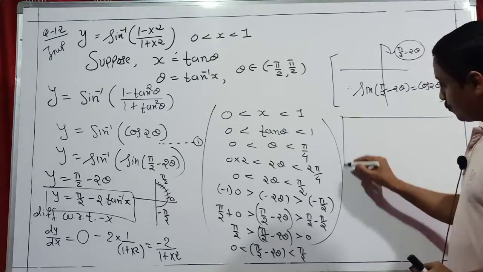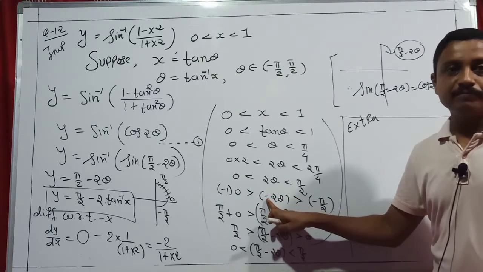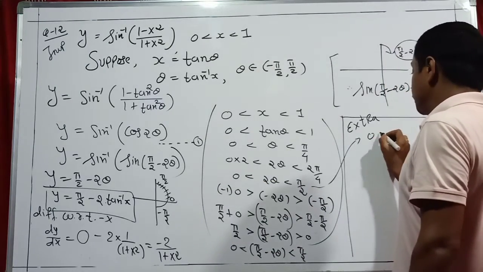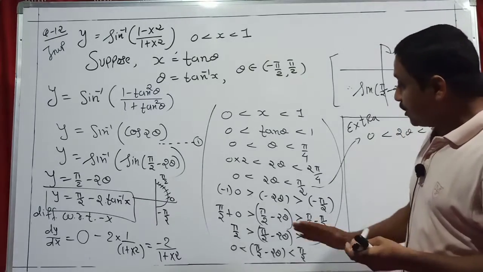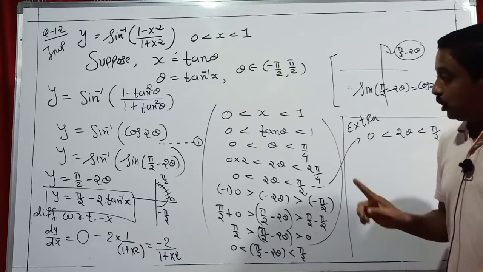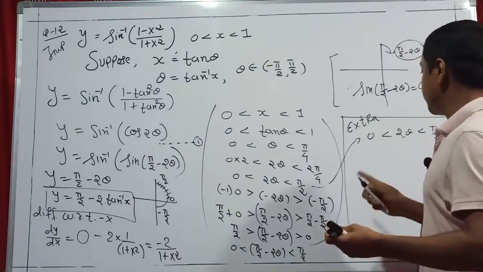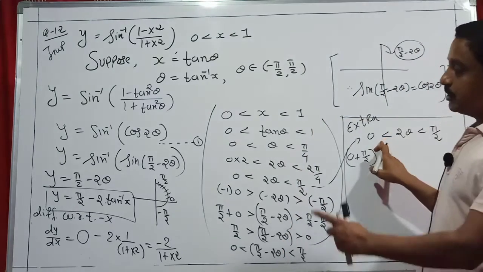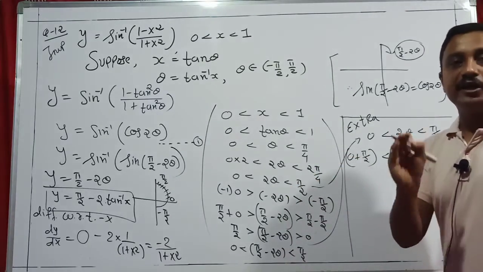Here I just explain for extra: why do we multiply by minus? This is only for understanding, students. Up to that it is the same: 0 less than 2 theta less than pi by 2. Now if you do not multiply by minus and only subtract the pi by 2, then you never cover this value. Sin of pi by 2 minus 2 theta is cos 2 theta. Check. If you directly add pi by 2, this is not a part of this answer. Only this is the answer. But I explain why multiplying by minus is necessary.